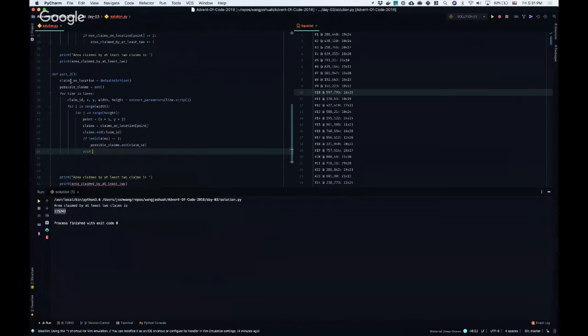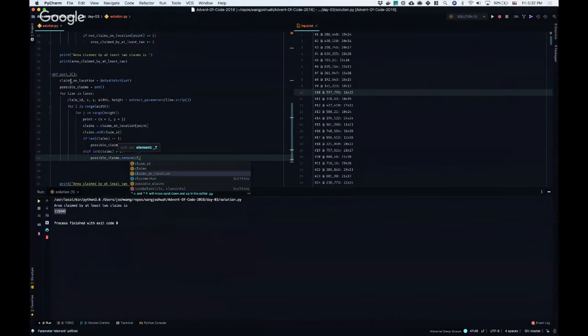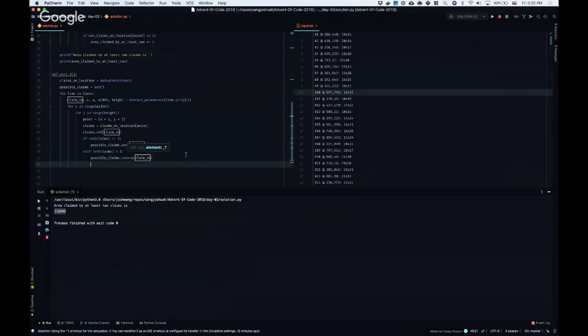Otherwise, if the length of the claims is greater than 1, it's no longer a possible claim. We'll remove it, and at the end, we should only get 1 claim ID back. So maybe instead of possible claims, we'll say unique or non-overlapping. So let's run this, part 2, and see